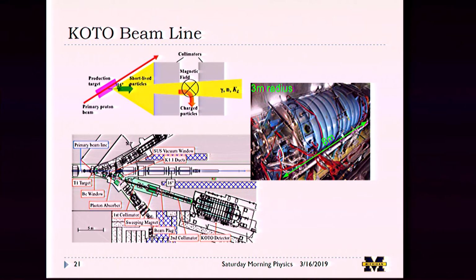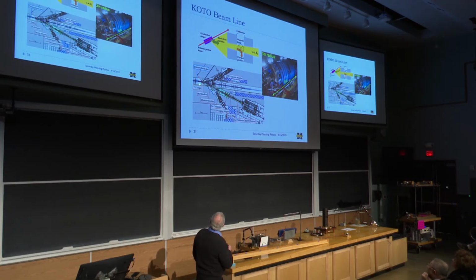And inside Hadron Hall, we have this beam of primary protons coming along. They strike a gold rod and produce many other short-lived particles. And we look at an angle of 16 degrees from here, run these particles through a magnetic field that takes the charged particles away. Here's where the target is. Here are the magnets. And what's left is particles that aren't charged that come down and go into our detector.